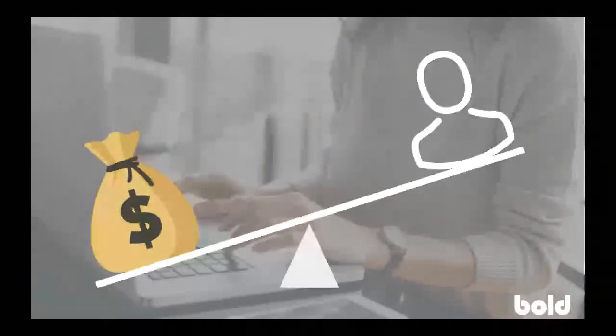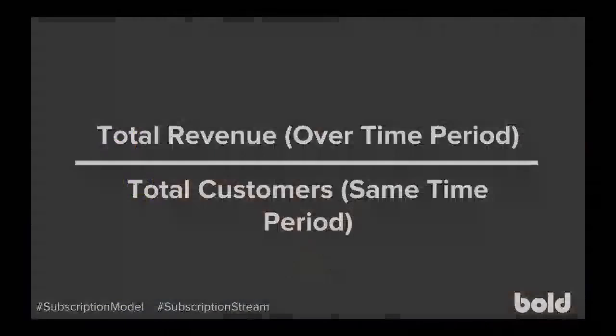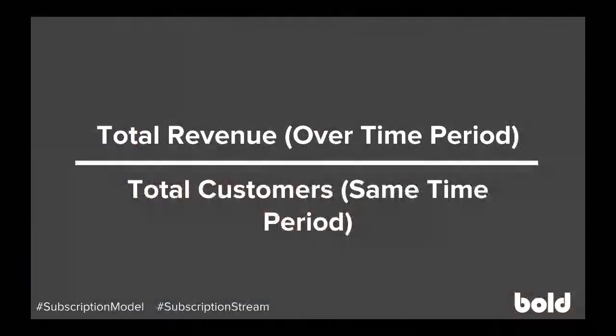So this is a number that you should figure out. You should have it written on your wall, bulletin board, whiteboard, wherever you have the opportunity to write it, and work every month at trying to increase it. That's what we're about at Bold, and that's what we're going to talk about a little bit today. Now, before you can figure out how to increase it, you've got to figure out how to calculate it. This is a very simple formula. Feel free to take a screenshot or write this down.